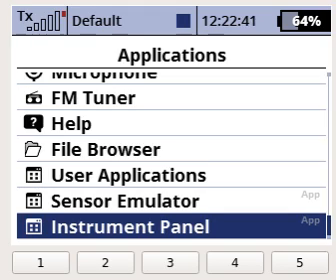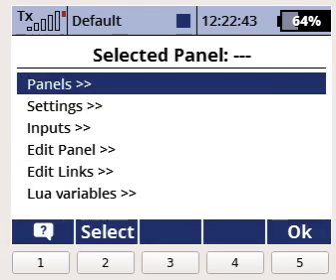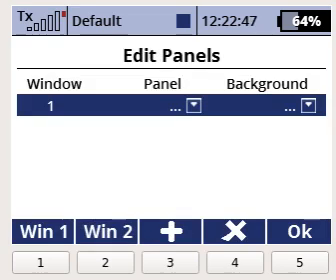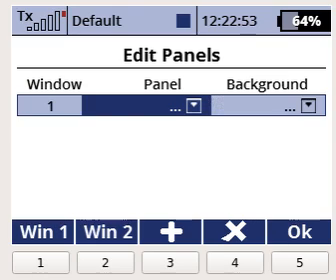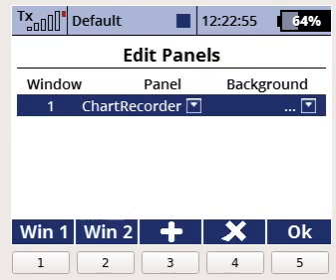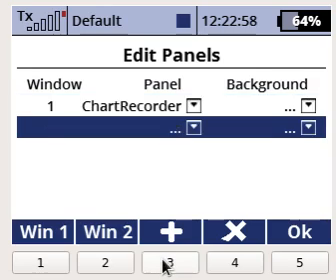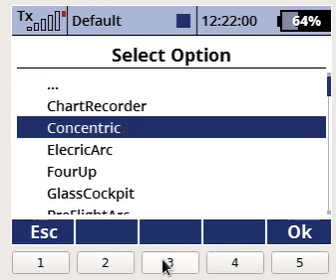So if I go into the emulator here and I go into the instrument panel app, you see I've got no selected panel right now, no panels read in. So it's defaulting here to window 1, which means whatever I read in here is going to go into telemetry window 1. And I pick the chart recorder for window 1,